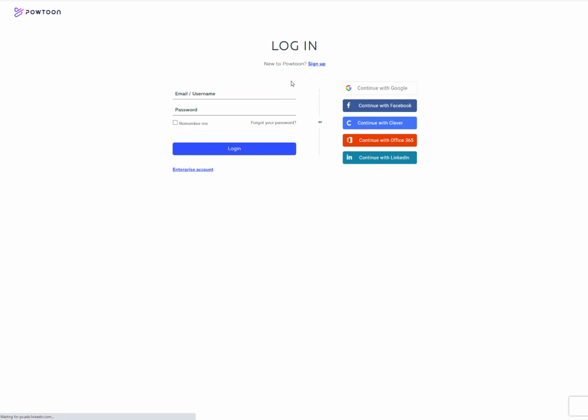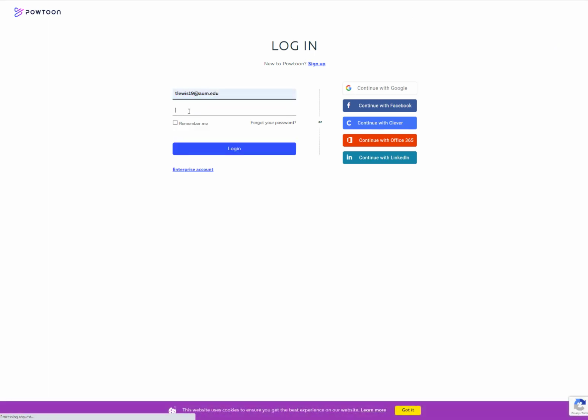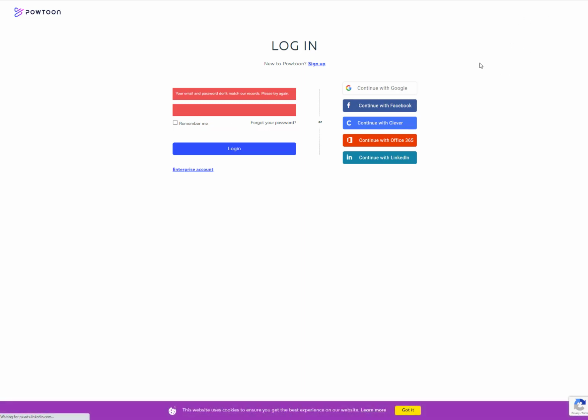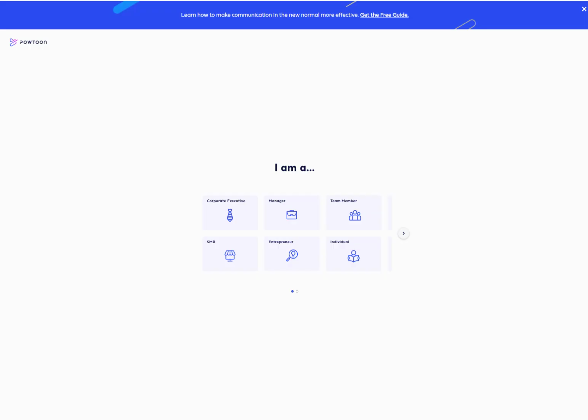Normally it automatically logs in for me on my computer. Alright, so let me change my password and continue with it. Okay, now that I just went ahead and created a new account, and I'm logged in,